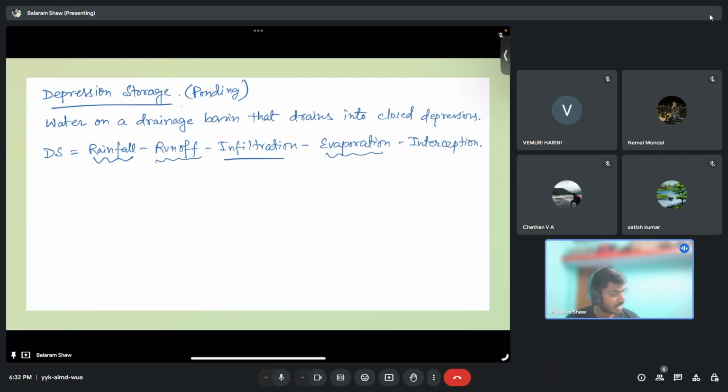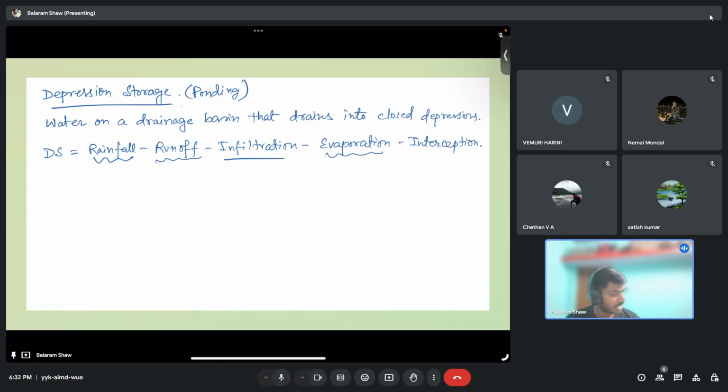So that maximum capacity is called SD. Okay, and PE is the excess precipitation that we have, and this constant K can be written as 1 by SD. And like that, you can estimate what the depression storage value is, or how much storage is possible or is there at time t.